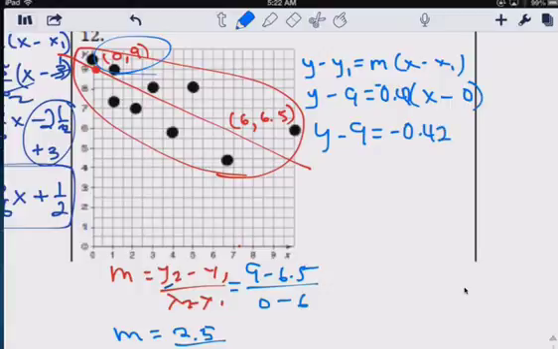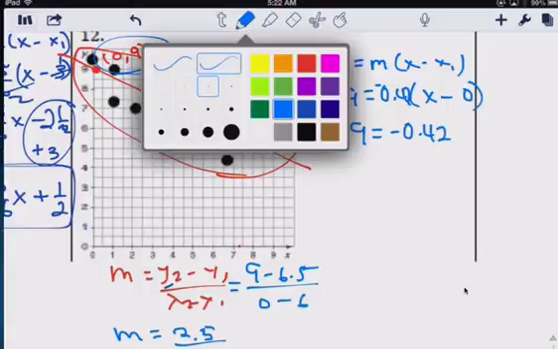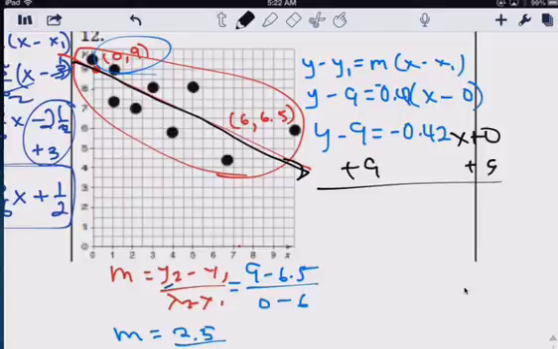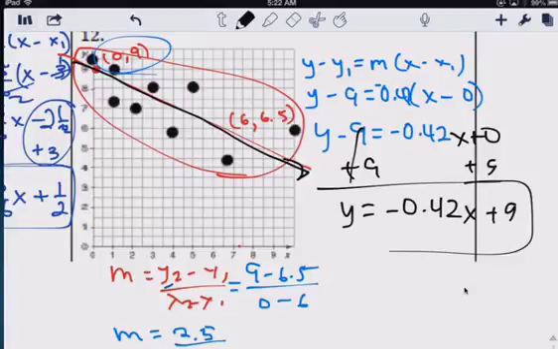Even though I forgot the negative here, I know it was negative because it's going down. x plus 0, plus 9, plus 9. y equals negative 0.42x plus 9. Okay,